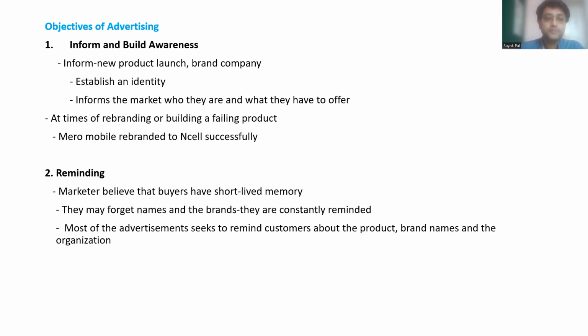Advertisement also helps in rebranding, and not only rebranding, but also in establishing the brand successfully in the market, because this is one point where people can actually fight over